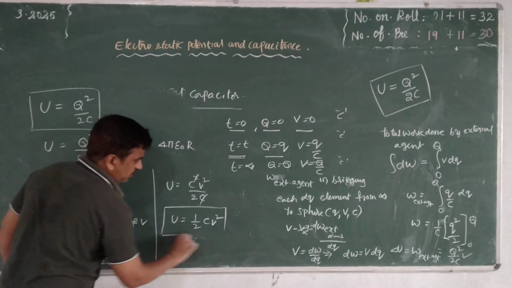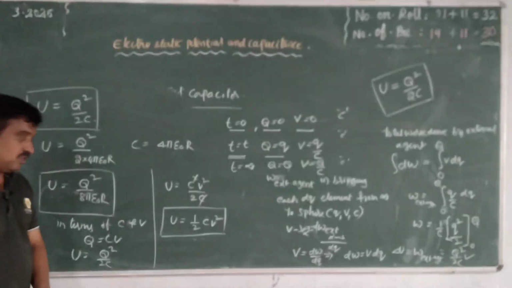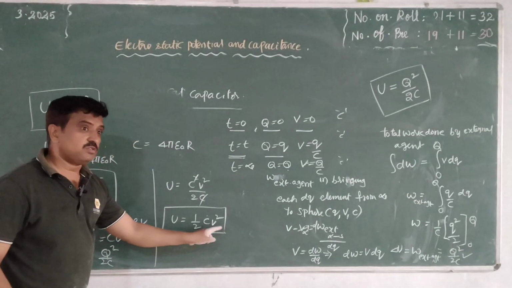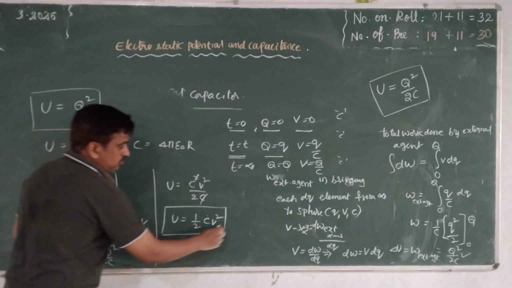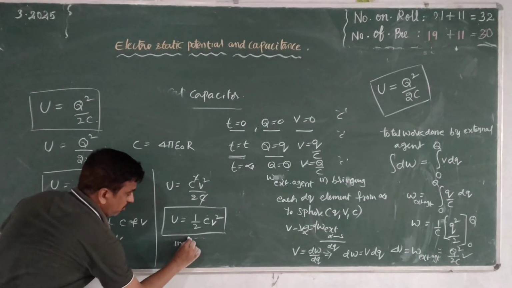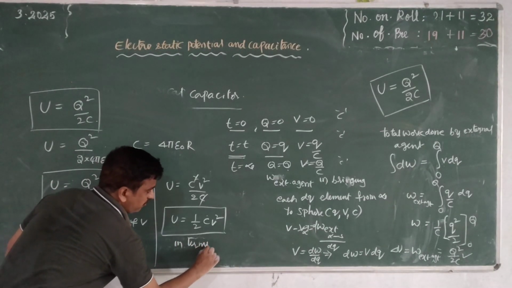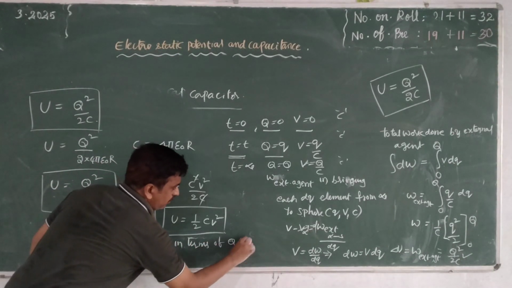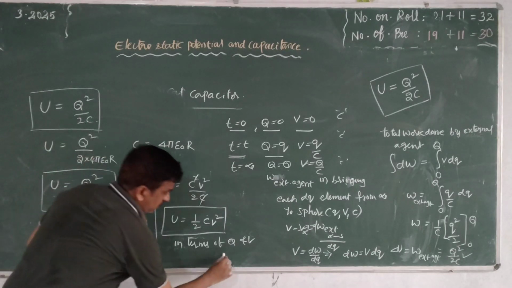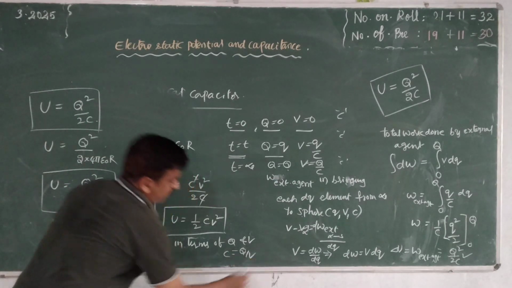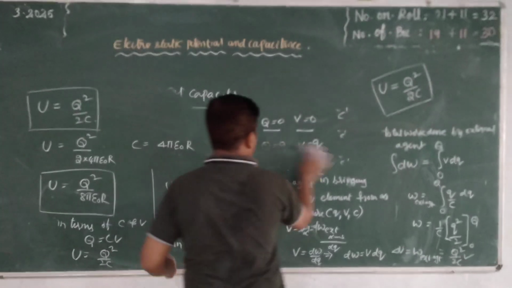Here c means capacitance and v means potential. In terms of c and v, the energy is 1 by 2 c v square. In terms of q and v, we can take c equal to q by v. See here, for example,